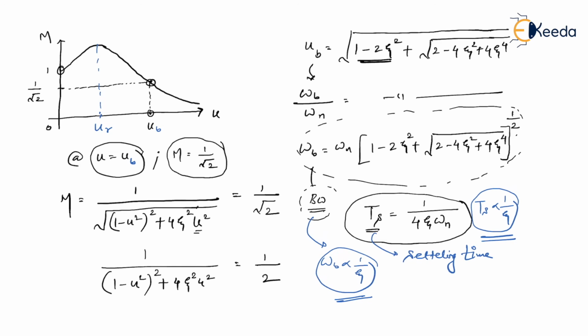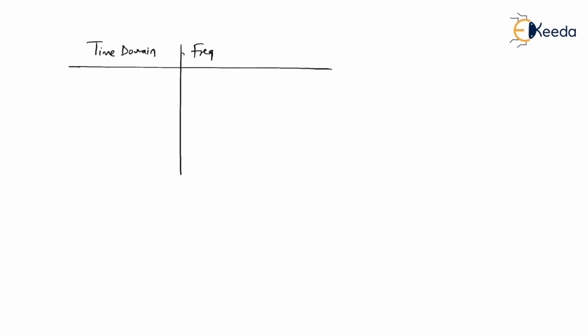And now let me come to the conclusion, or I would say a kind of summary. So far, we have seen time domain parameters. In this lecture, we have seen frequency domain analysis. In time domain analysis, we used to have omega d, which is nothing but the damping frequency, which can be correlated with omega r, which is nothing but the resonance frequency. And I would say omega d is directly proportional to omega r. Definitely I'm not giving any formula between omega d and omega r. It cannot be defined because both of them refer to different domains.